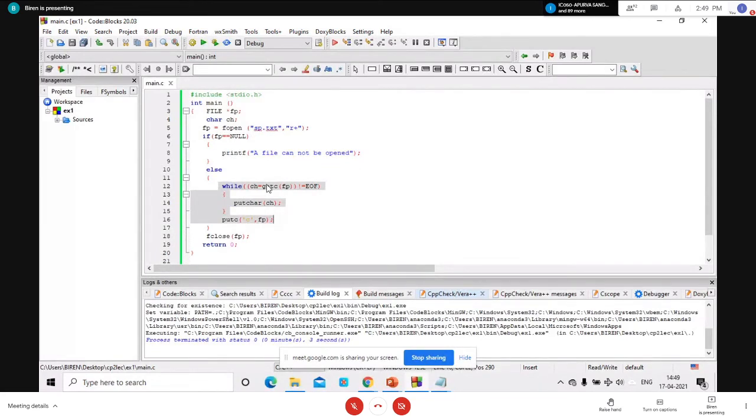Here we are trying to read one character using the while loop. If that character is not equal to EOF, you can print that character on your output screen using putchar. When execution of this while loop is over, then you can add an additional character inside the file using the putc statement. You can use printf also, you can use putw also. You can use anything to write one character, one integer or some data inside a file in r plus mode.